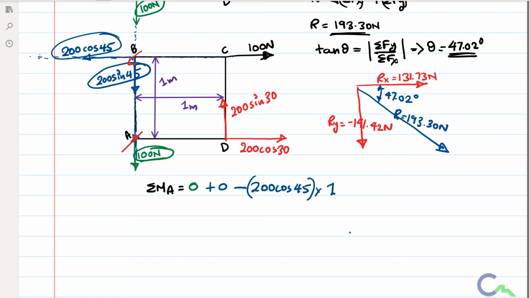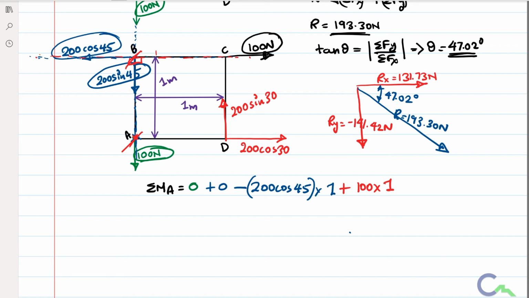Now the next force I am going to consider, that is 100 Newton. If I shift that force in the line of action of force, it is not passing through A, therefore it is going to rotate about point A. So how is it going to rotate? For imagination I am going to shift here. If I apply that force, it is going to rotate in clockwise direction, plus. Therefore the value is plus 100 into the perpendicular distance from A to this force, that is 1 meter.